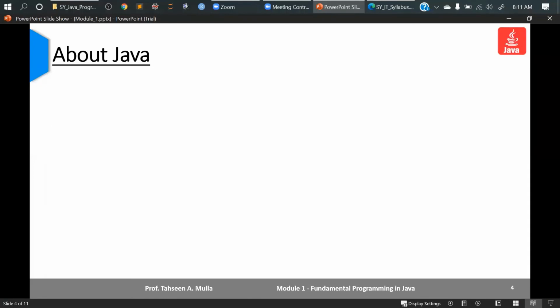Let's see something about Java before going for direct programming. There are some prerequisites where you need to have the Java setup, the Java environment. Most of them would be using the latest editions, Java 8 or Java 11. I prefer that you go for Java 7, which is the most stable version till now, so you won't have any package differences or software dependencies.